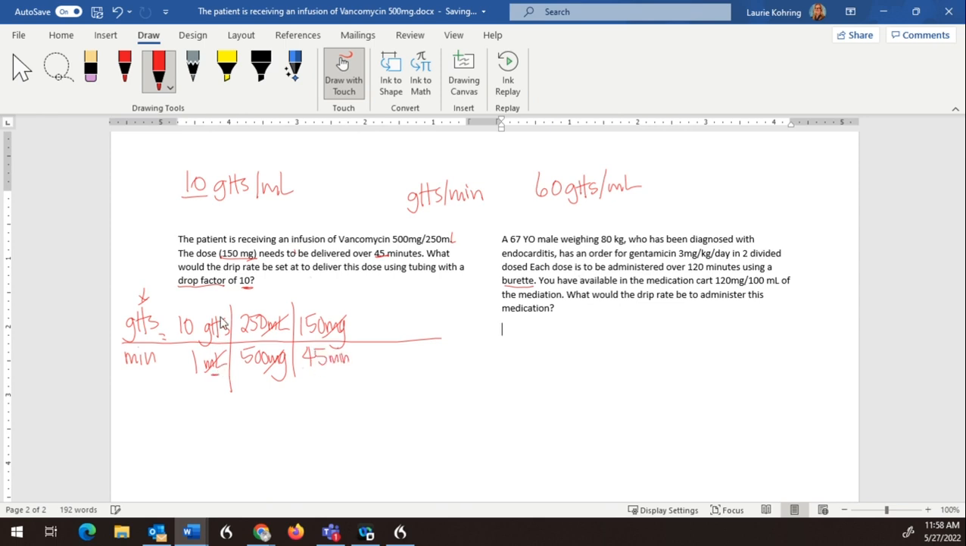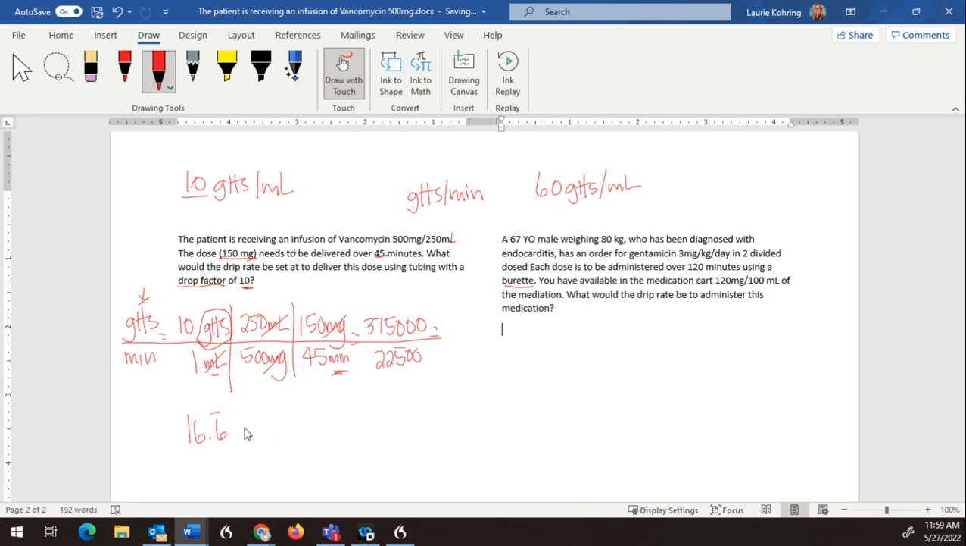Now looking at my goal of drops per minute, I can see I already have drops on the top and I have minutes on the bottom. That indicates that I don't need to continue pulling things from the question because I've met my end point. I can multiply across and divide by the bottom. This will be 22,500, and when divided, this is going to be